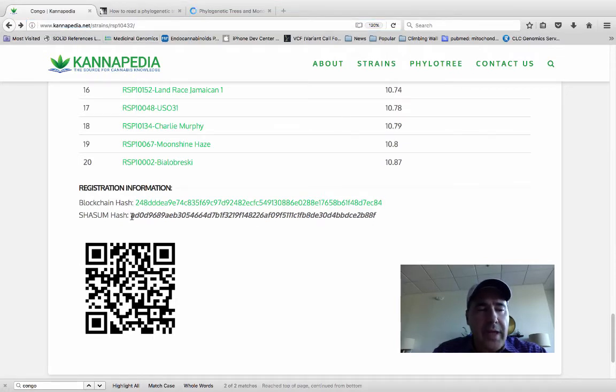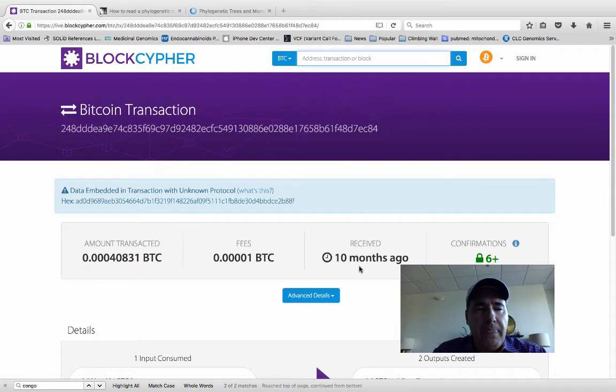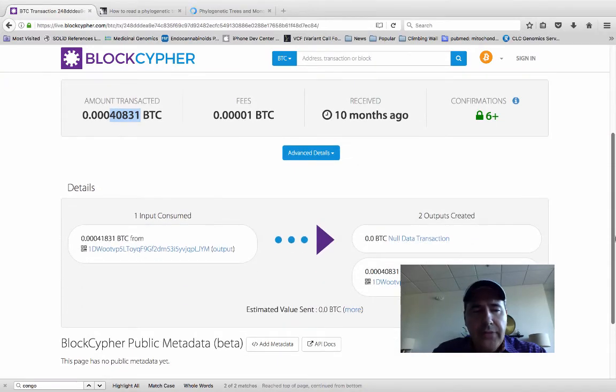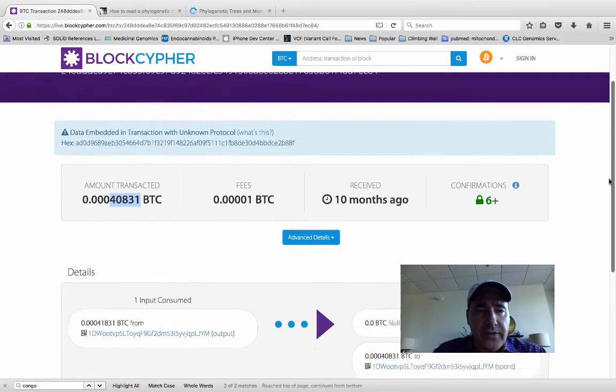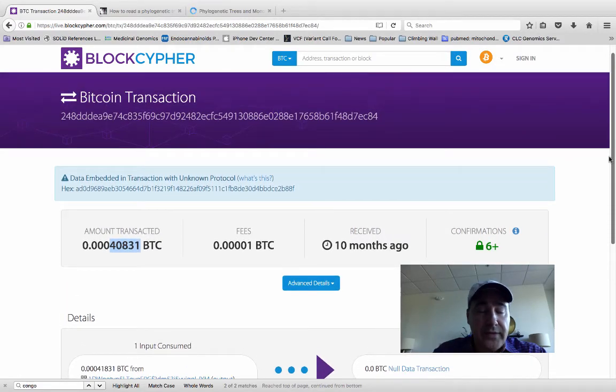This is the SHA hash of your VCF file, okay? And that is sitting inside this blockchain transaction, which you can see was done 10 months ago. And at that time, it cost us this many Bitcoin to do it. That turns out to be a lot of money these days. But nevertheless, this is basically proof of existence that this data exists in the blockchain at this time stamp,